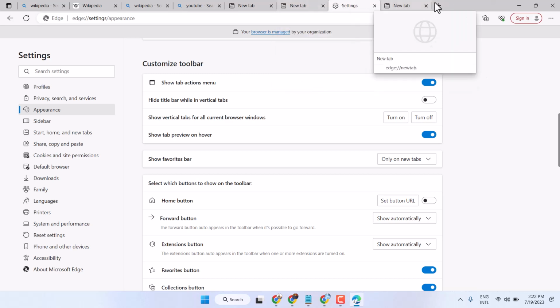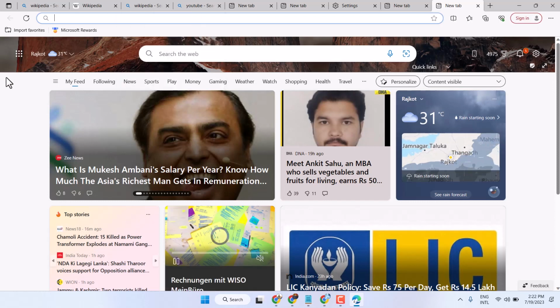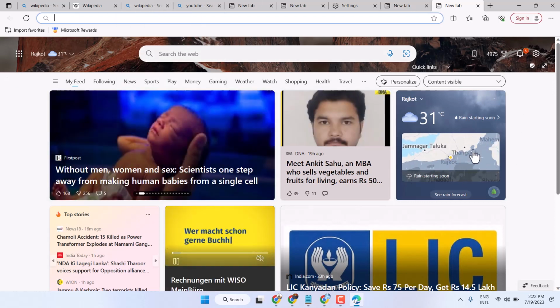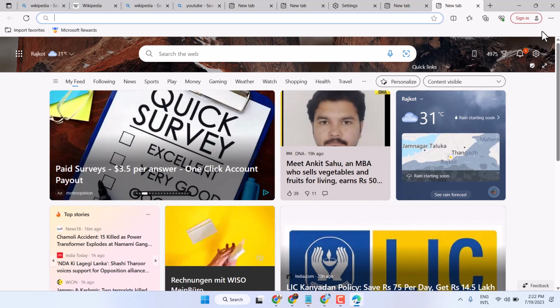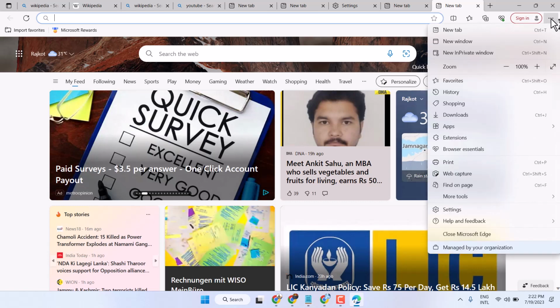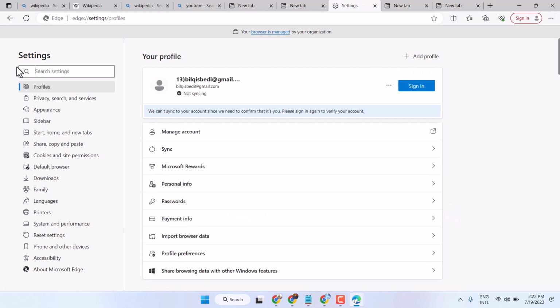In this video, I will show you how to enable vertical tabs format in Microsoft Edge browser. So simple way, click on these three dots, then settings. Now here click on appearance,